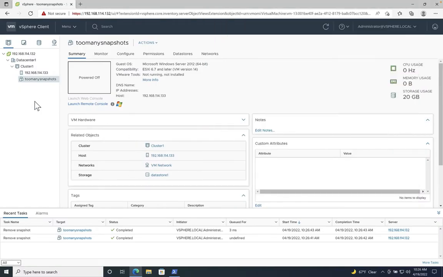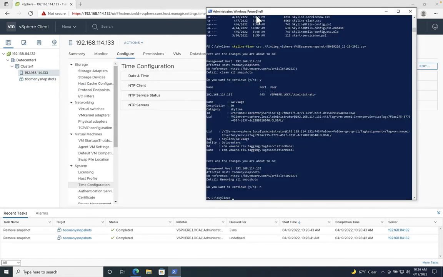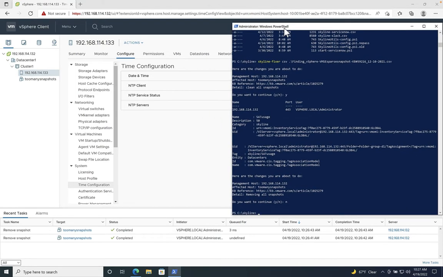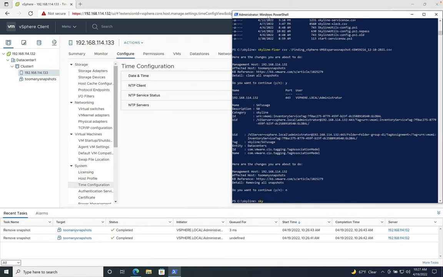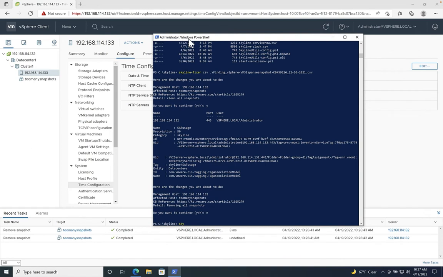So next, let's take a quick look at NTP. You've seen us do examples of PowerShell fixing the problem, right? Guess what? It's the same code. The slight difference is it's incorporated into here. So here, if you take a look for a second, it's disabled, it's stopped, there's no NTP server whatsoever. So if we were to do